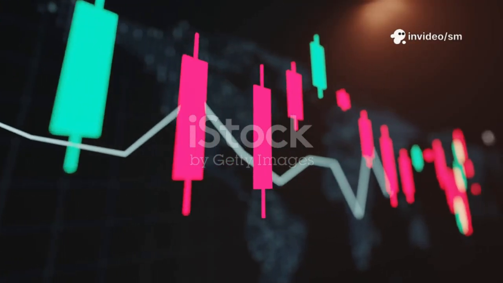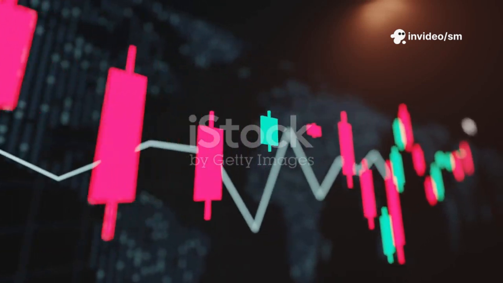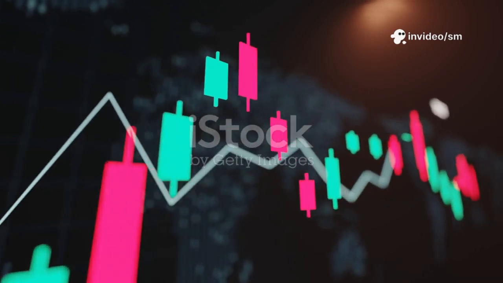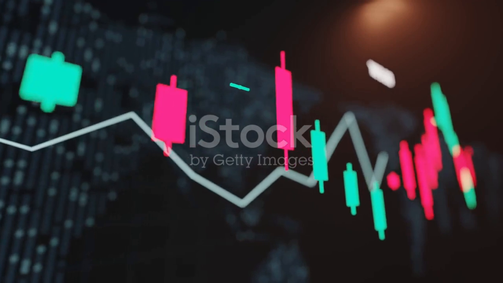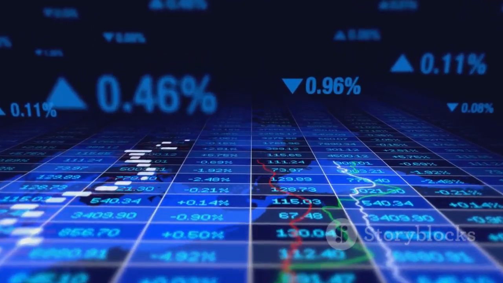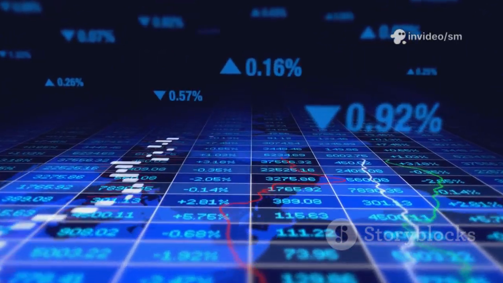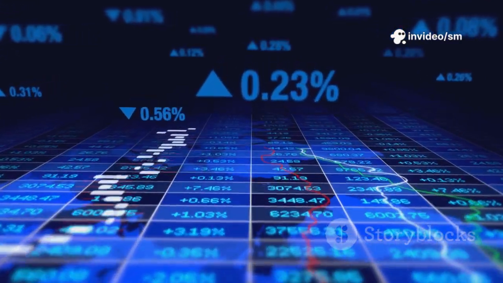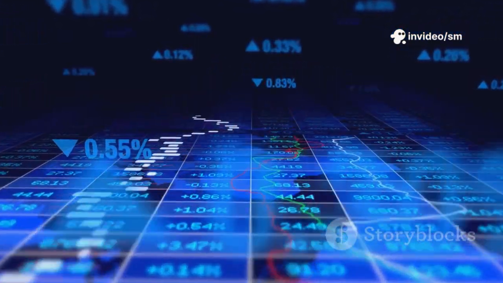To start, look for stocks making big moves on high volume. These are usually triggered by breaking news, earnings surprises, or major announcements that get everyone's attention. Use stock screeners to quickly spot stocks up 5% or more with unusual volume spikes. These tools help you filter out the noise and focus on the real action so you don't waste time chasing